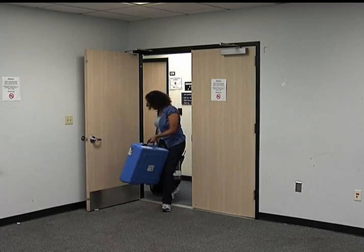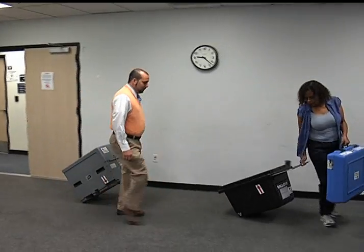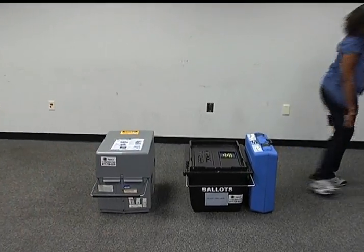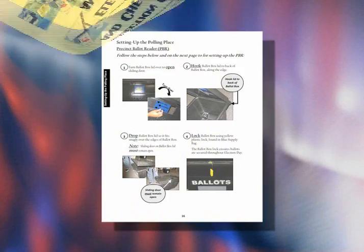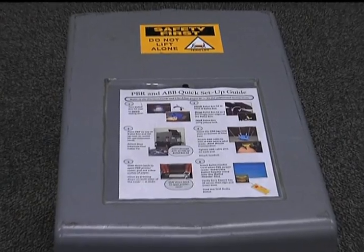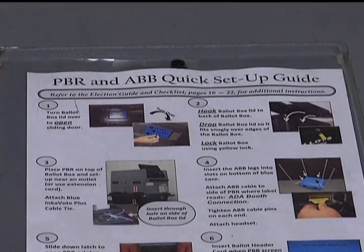The precinct ballot reader weighs about the same as your black supply tub and will fit in most small cars. Along with the audio ballot booth, it is really easy to unload and transport into your polling place. It is simple to set up, and each step is clearly outlined in the election guide and checklist. There is also a quick setup guide on the lid of the precinct ballot reader, also referred to as the